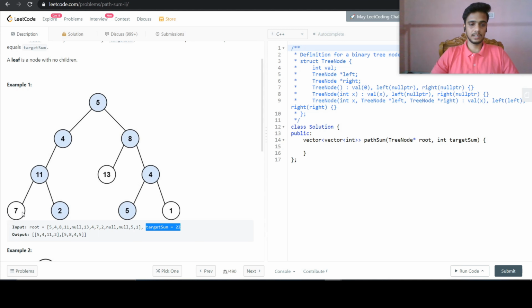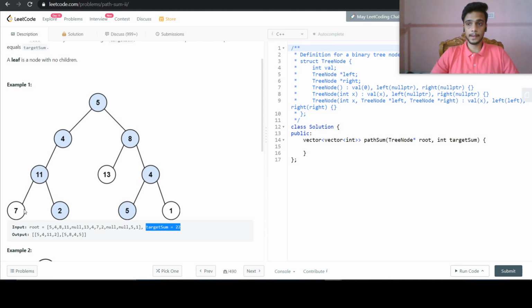When we reach here and sum the node's value and the current sum, we get 20 plus 7, that is 27, and our target sum was 22. So we haven't reached our target sum. Also, this does not have any child, so we will discard this path.